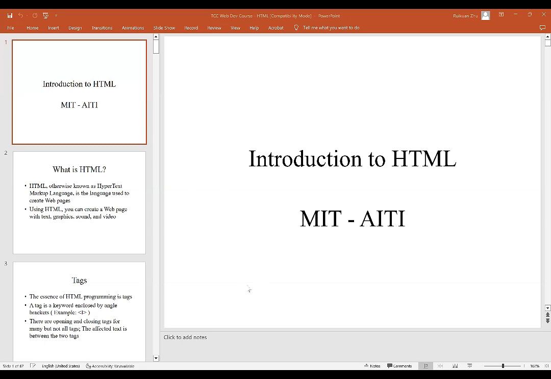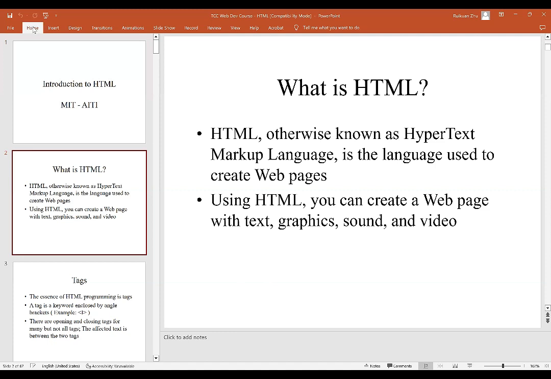So first of all, disclaimer, this is actually a lecture from MIT's Intro to Web Design course. And we're able to use it because it's for educational purposes only. So just know that it's like a reputable source. But yeah. So starting with what HTML actually is,